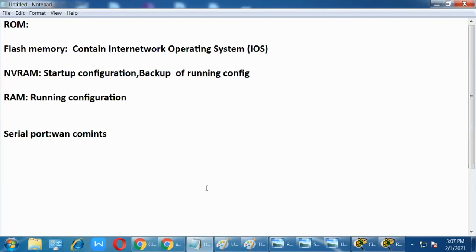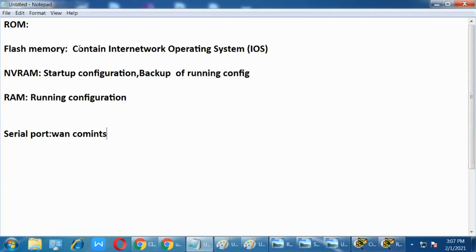समझ में आ रही ना बात? Clear है, right? Got the point? So startup configuration is nothing but whatever configuration you did previously. Why do we call it startup? Because when you open, it provides you all the configuration. If you want to modify, you can modify. If you don't want to modify, just continue. If you make any modification, again you have to save. When you save, it overwrites the previous configuration. Clear? Yes, sir.